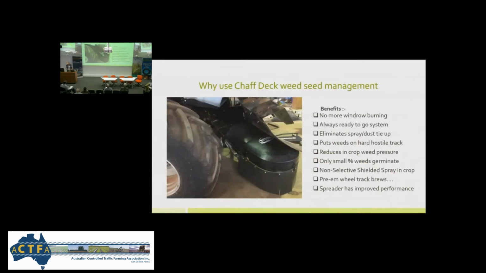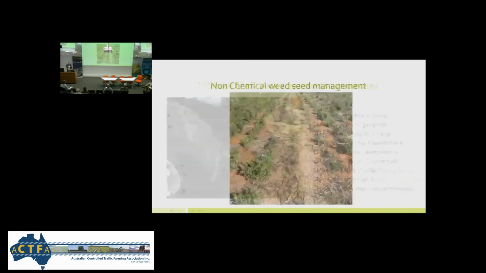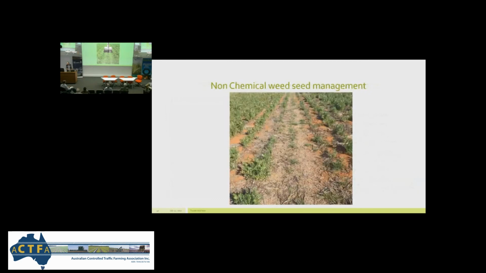Chaff decks. Yeah, I'm a big fan of chaff decks in our system. We were doing a little bit of windrow burning for ryegrass management, and we've now been able to get away from doing that. It's always a ready to go system, so whether there's a ryegrass problem in the paddock or not, it's there to go. There's a few other benefits that it does open up, but I just wanted to quickly show you what it's been doing. So there's a little bit of ryegrass that's been germinating on the tram lines with the chaff deck,